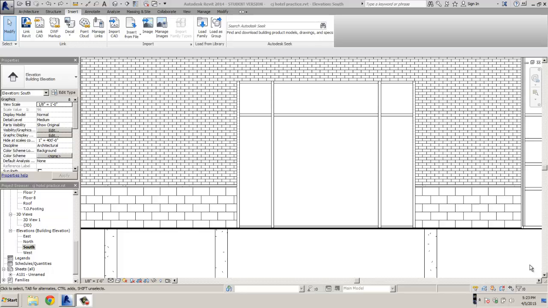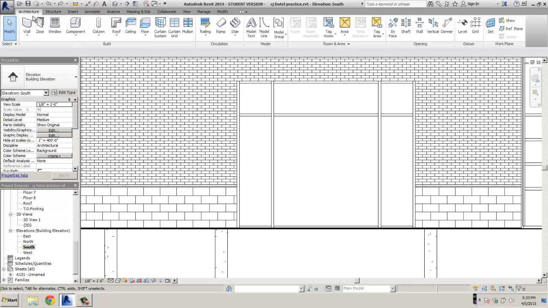Okay, I figured it out. And the book is terrible. It doesn't do a very good job at this. So anyway, we're back in here. What I'm going to do is just delete this bottom mullion first of all. And then I'm going to select this